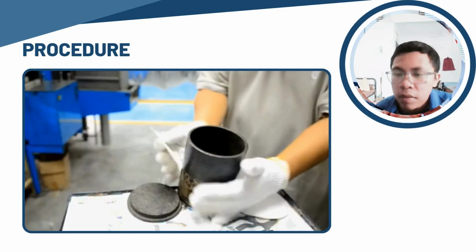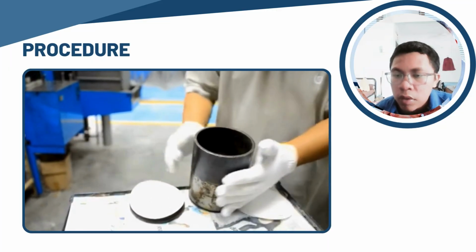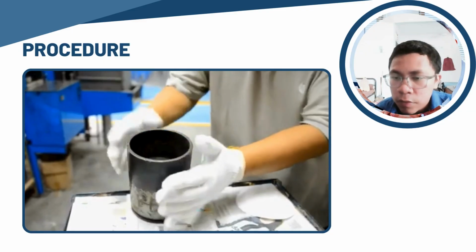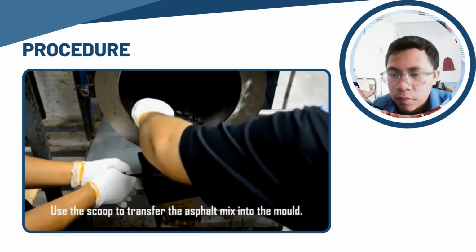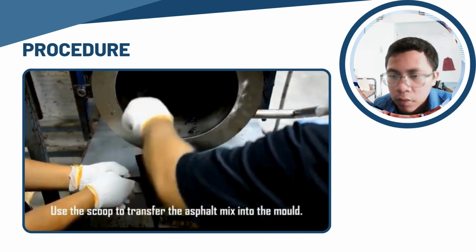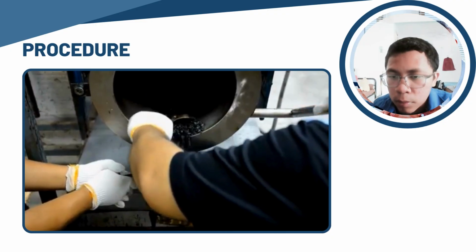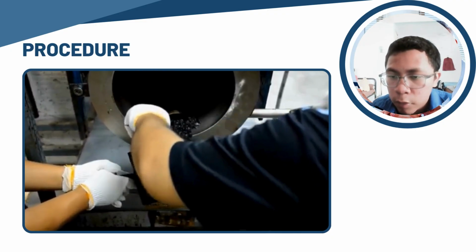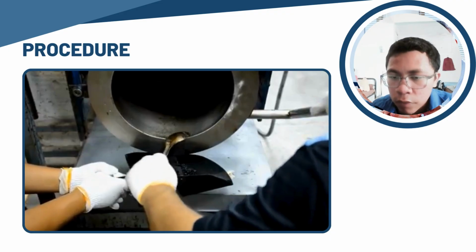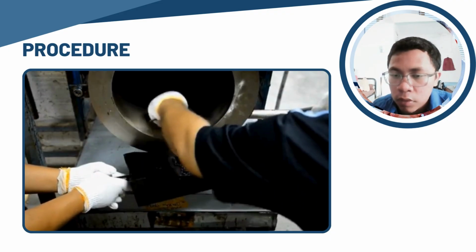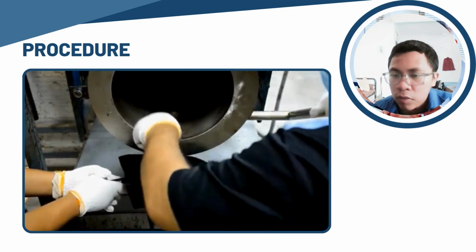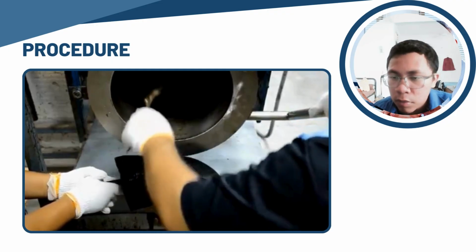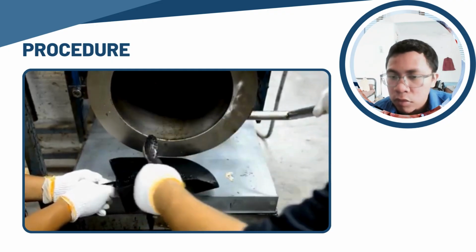Next, compact the mix carefully using the Marshall compactor for the proper number of blows as specified in the mix design. Reverse and reassemble the mold and apply the same number of blows to the face of the reversed asphalt mix. Use an extruder to remove each specimen by jacking the specimen up through the hole,